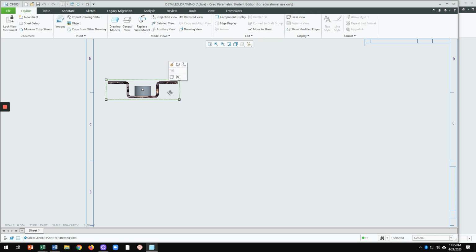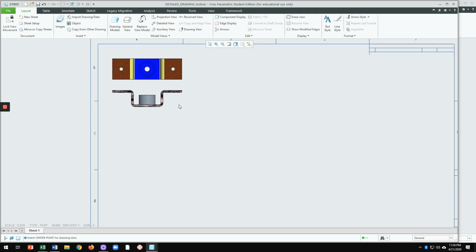Now, this is how you're going to do the projection for the top view. Select the front view, and then on this pop-up menu there is a tab we call Projection. When you click on that, you can drag your cursor in a vertical direction, and if you go in the horizontal direction, you get a right side view, which we don't need. We need the front and the top view. So now that we have the two views,